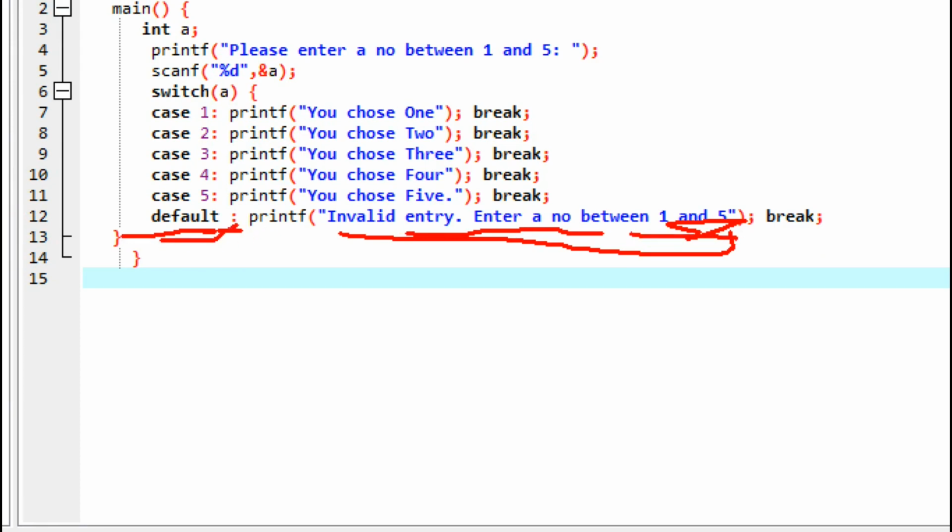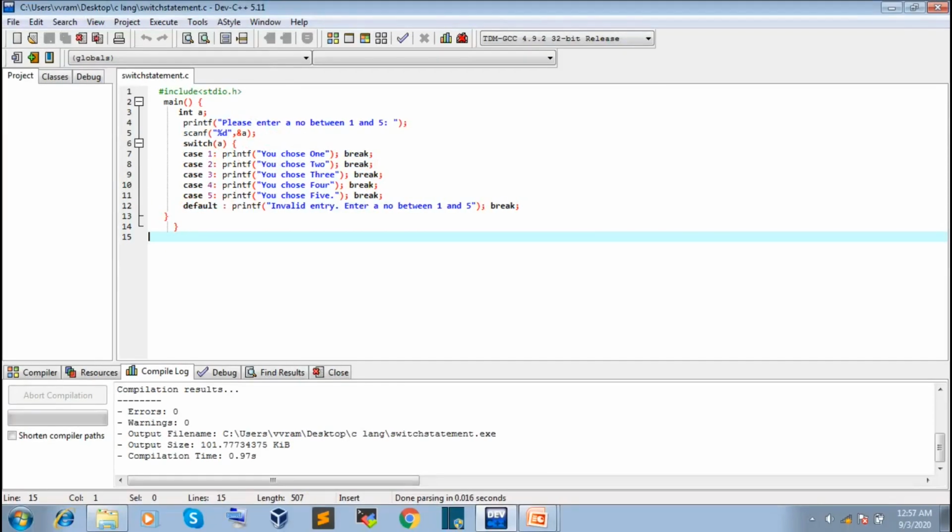This default will be printed if switch cases 1 to 5 do not match the value a given, then it will print the default statement, invalid entry, enter a number between 1 and 5. Okay,